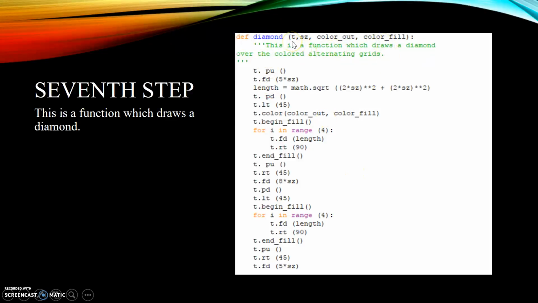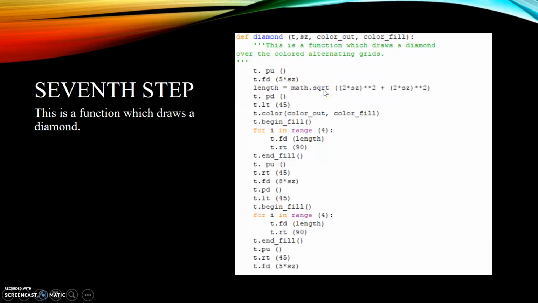So we're saying test the turtle's name, the size of the turtle, the color that we want for the outside, and the color that we want it to be filled with. And so it's a function which draws a diamond over the colored alternating grids. And in order to get it to draw the diamond, we have to position it, and we're using math.sqrt because